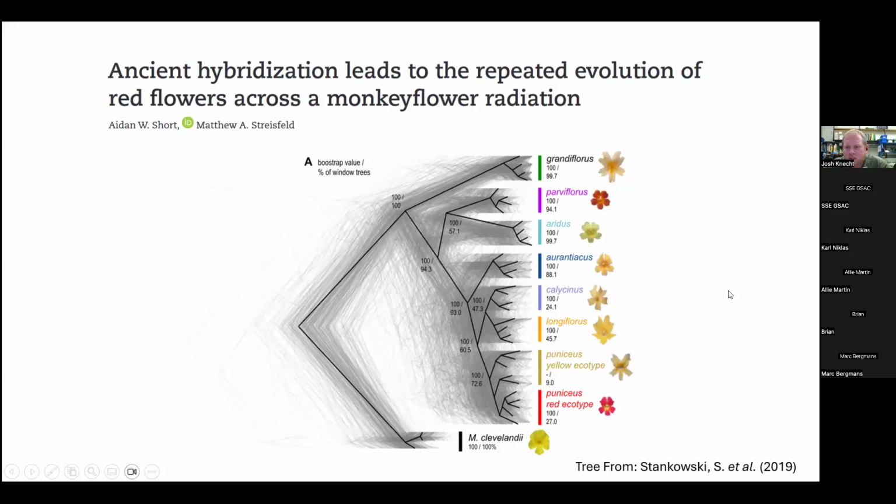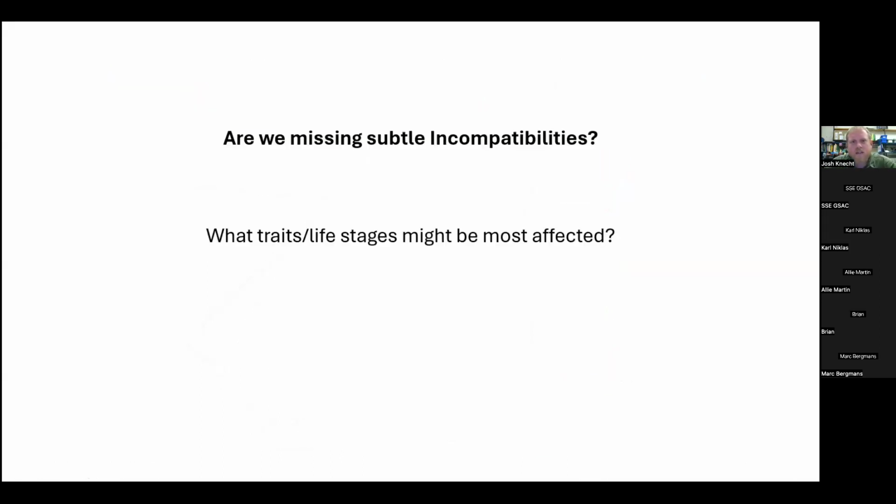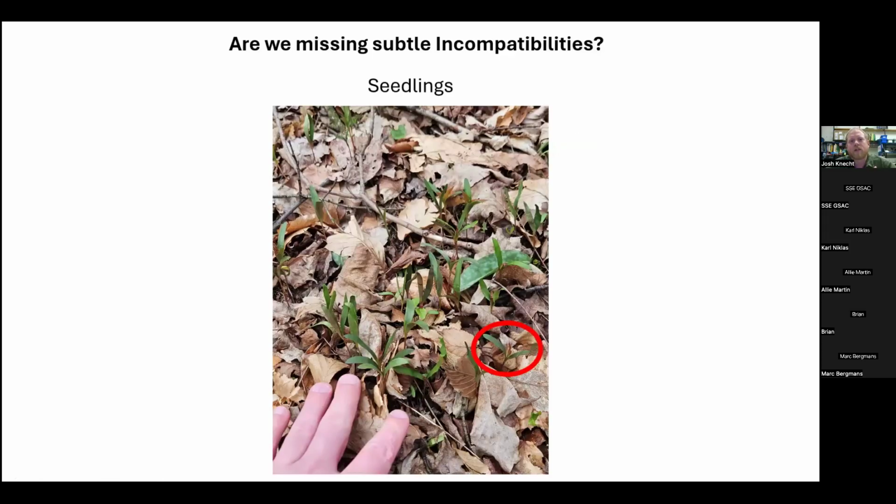So we have some clues that there might be widespread, if not complete, resistance to gene flow. And so I wanted to ask, are we missing anything? There's no real strong evidence for hybrid incompatibilities. So we might need to look for subtle incompatibilities, and we wanted to see what life stages and which traits might have those incompatibilities. And we came up with a hypothesis that seedlings might be a place in the life